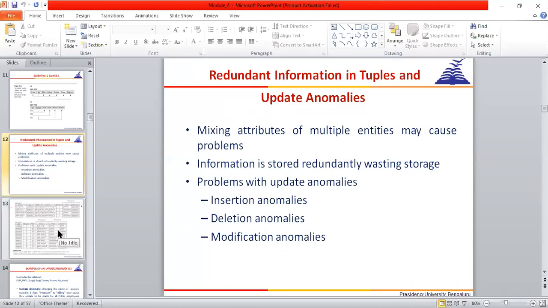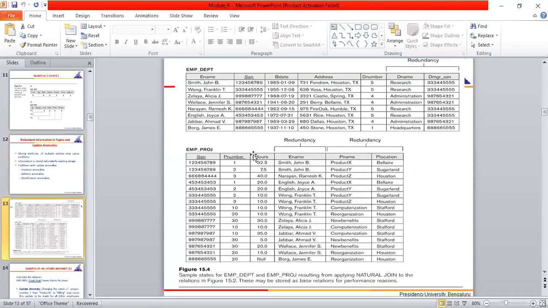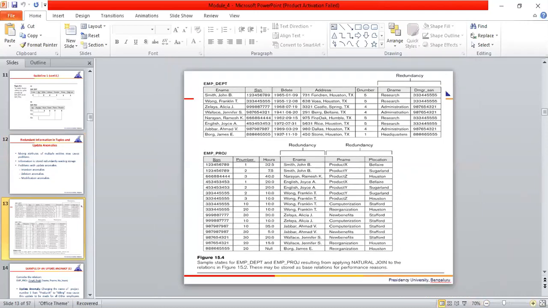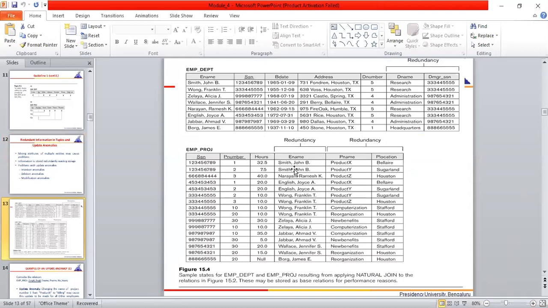Now coming here, you can see there are 3 tables given. If you don't understand, I'll explain another 3 examples, but concentrate. First listen to the meaning of redundancy and the meaning of anomalies. So this is the given table. The first table name is employee department, the second table name is employee project. First try to understand what redundancy is.